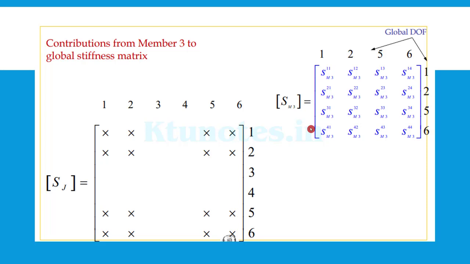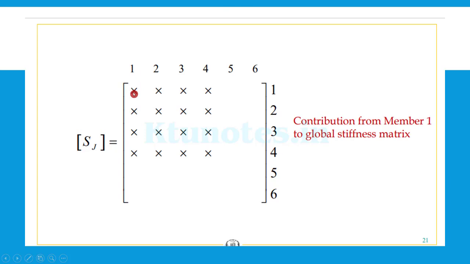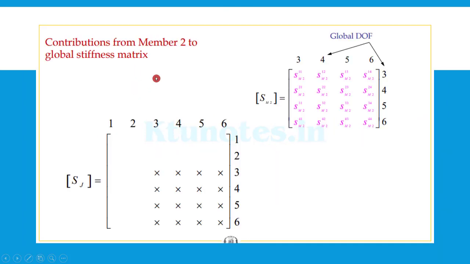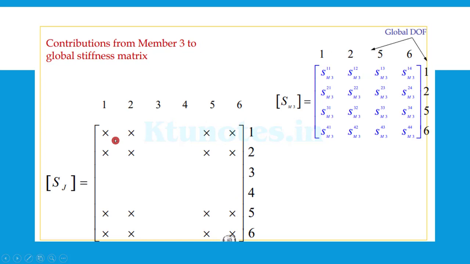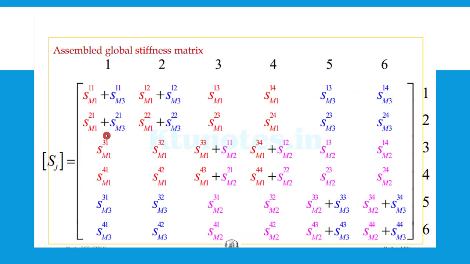So 1, 2, 5, 6 will be for the member 3. So look in the global stiffness matrix. Now you have different elements coming. Like see, for the first element you have a value here, and in the second matrix it is not there. But for the third matrix you have a value there. So this one plus the previous value, the first element value, will give you the net value for this element, right? So you should add accordingly to get the global assembled stiffness matrix for the truss structure, which is